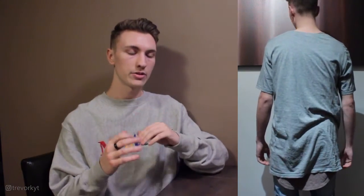That always works in my opinion as well. The only time you start running into issues is if you have a straight hemmed shirt underneath of a scooped hem shirt. In my opinion, it's not my favorite look. It can look good in some cases, but I usually tend to stray away from that sort of look, just because for me personally, it's not my favorite. I'm not the biggest fan of it,